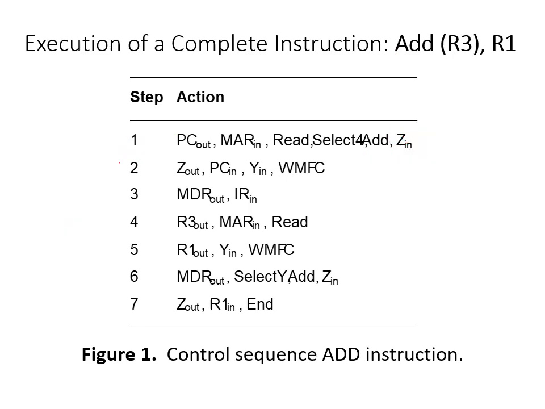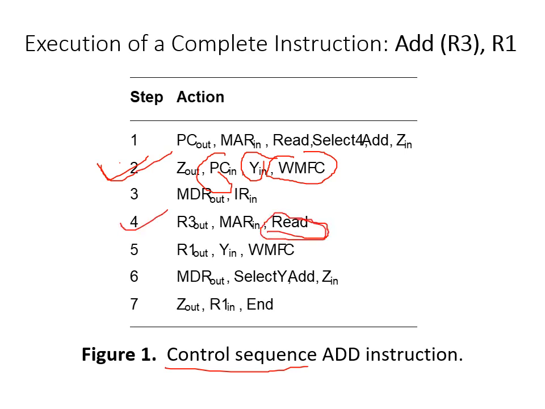You should keep this in your mind throughout this video: the processor has a responsibility of executing any basic step at a particular step of the control sequence, or roughly we can say at a particular stage. That means the basic step read has to be executed at the fourth step of the add instruction, right? End should be executed at the seventh step of the add instruction. Similarly, R1 out should be executed at the fifth step of the add instruction. So this is what we call the control sequence.